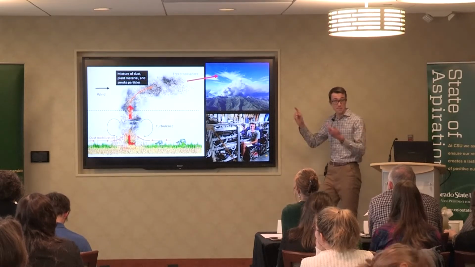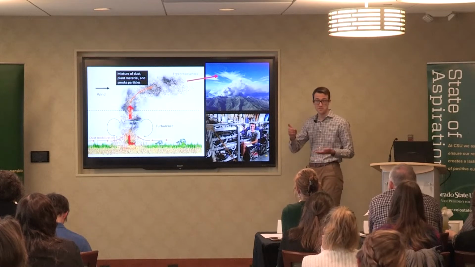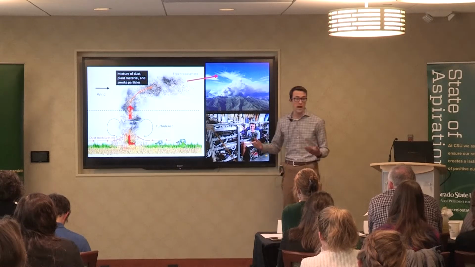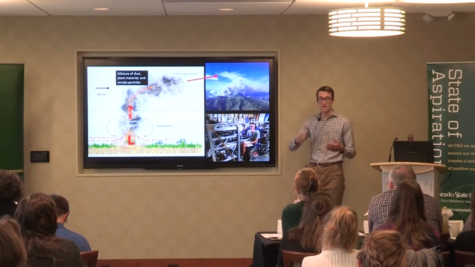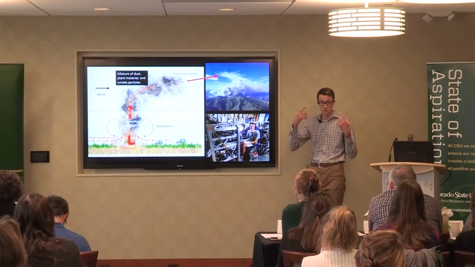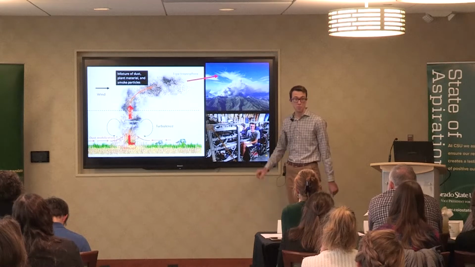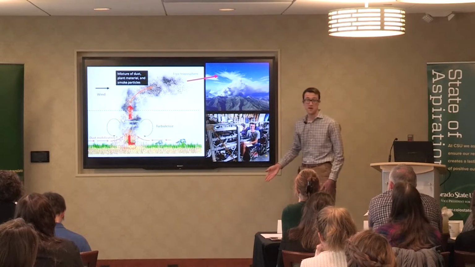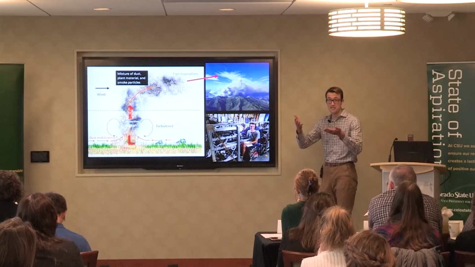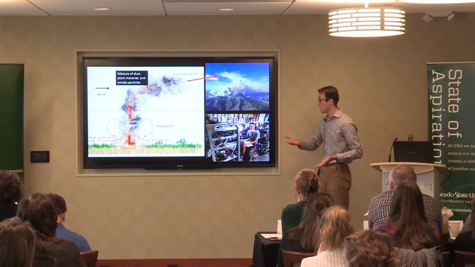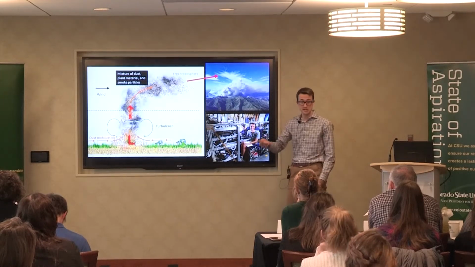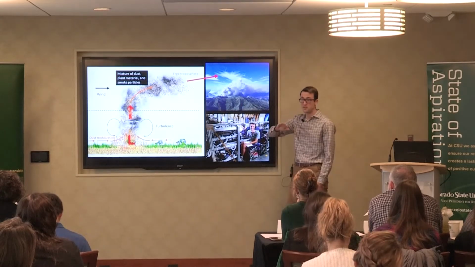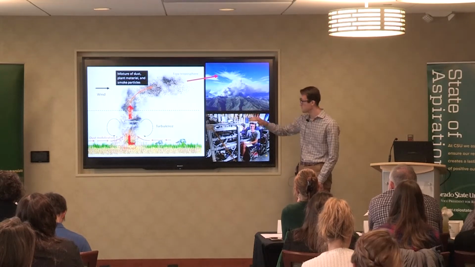So what does that mean? It means that we have to study them and understand them in order to better prepare and predict them in the future. Now, wildfires have a wide array of impacts, not just close to where they're burning, as we normally might think. And that's because wildfires create their own weather systems. From the release of their heat, as I'm showing in the diagram on the left-hand side, when they release heat, it provides a lifting mechanism in order to drive particles such as soil and dust off the surface of the Earth into the atmosphere that can then be transported hundreds of miles away by the wind.